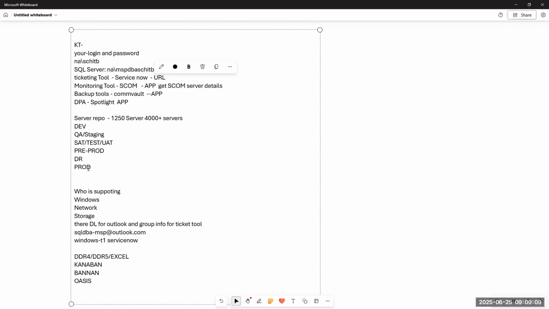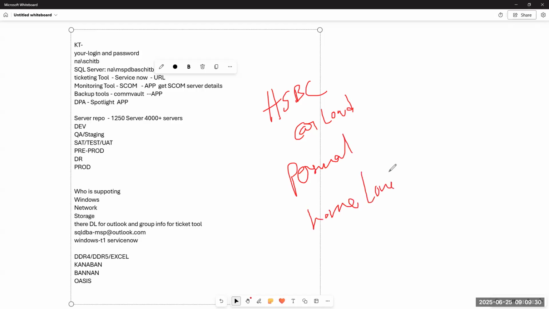Means we can't say. For example, take the banking sector, sir, like HSBC Bank. Here you have car loan, personal loan, home loan. This is one application, this is one application, this is one application.